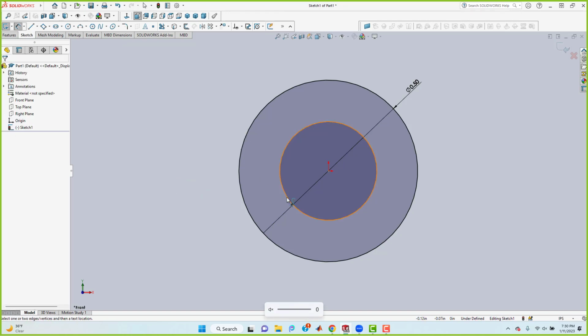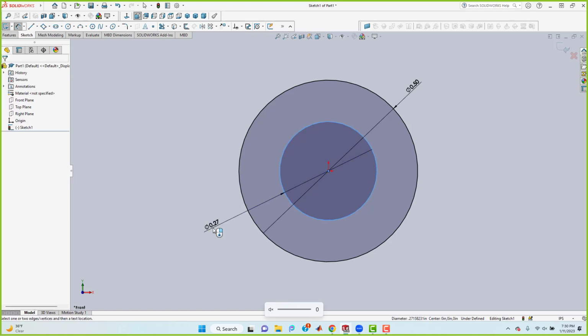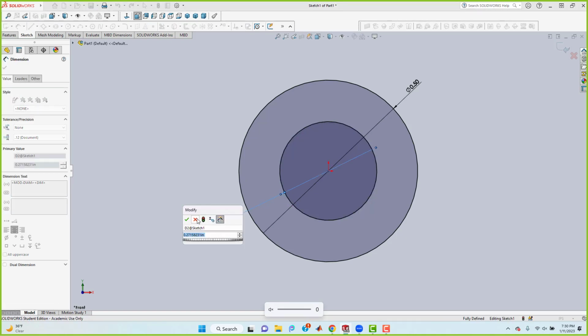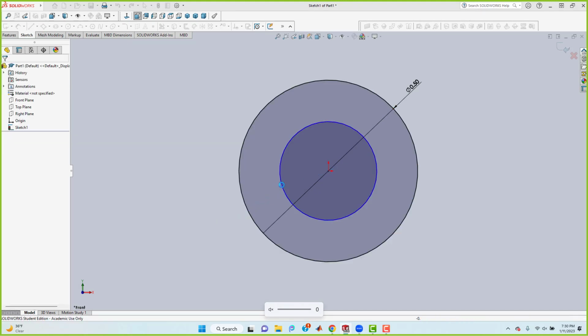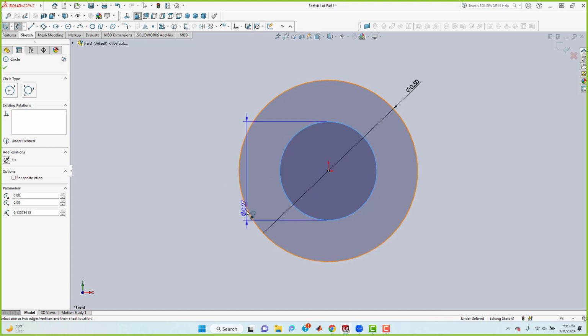And then we'll put a dimension on this guy here. Let me show you something cool on dimensioning circles. Okay, so I just picked that and minted it out, but let's say I wanted a distance between this one and that one. So if we pull up our dimension tool, there it is, and pick that circle and that circle,